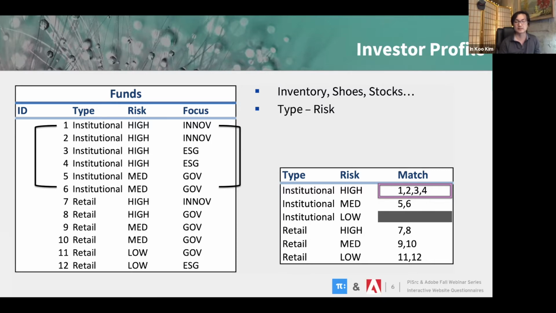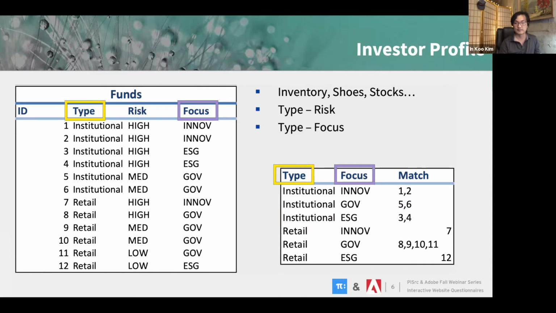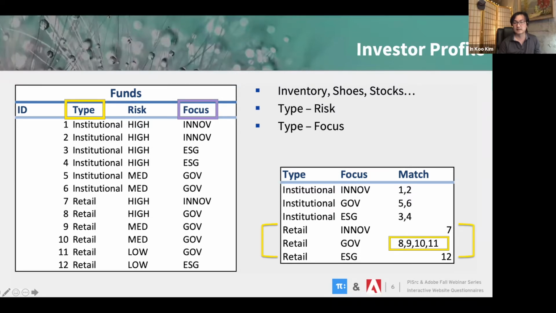which is type and ESG. In type and ESG, what we have in this column is the type, and then in this column is the ESG focus attribute. For institutional, matching with INNOV or these 3 different focuses, we have these types of matches. But we also have a separate set of matches from the retail side that don't distribute evenly. Okay, so we have a problem,